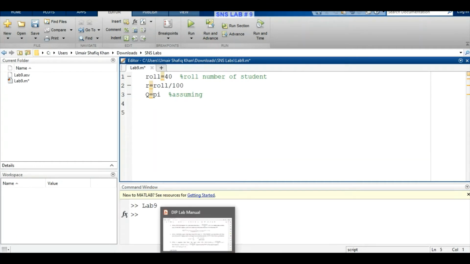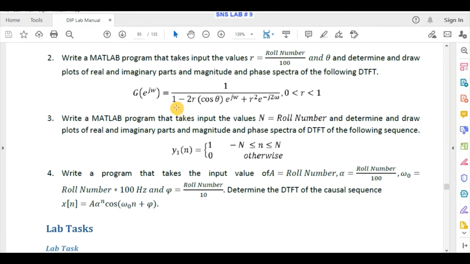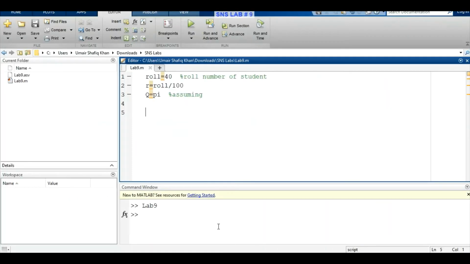Then we will write the equation of this signal, which is 1 over 1 minus 2r cos theta exponential power j omega plus r square e power minus j 2 omega. But before that we need to declare a symbolic variable of omega. So I will initialize the symbolic variable here and then start with the equation, which is